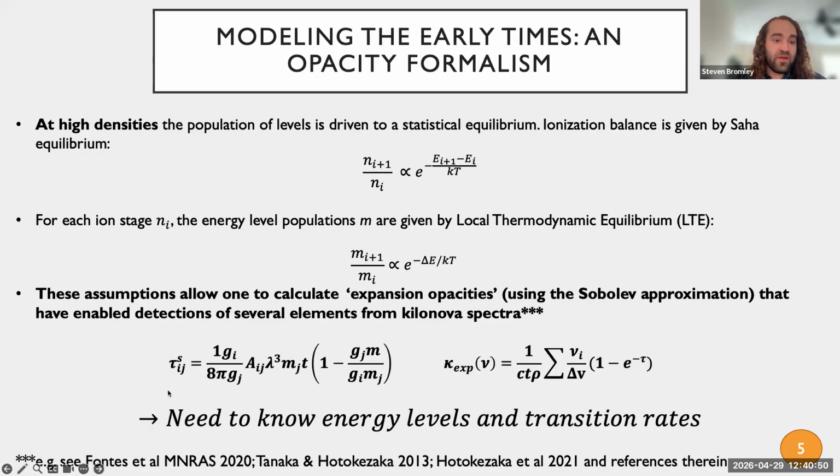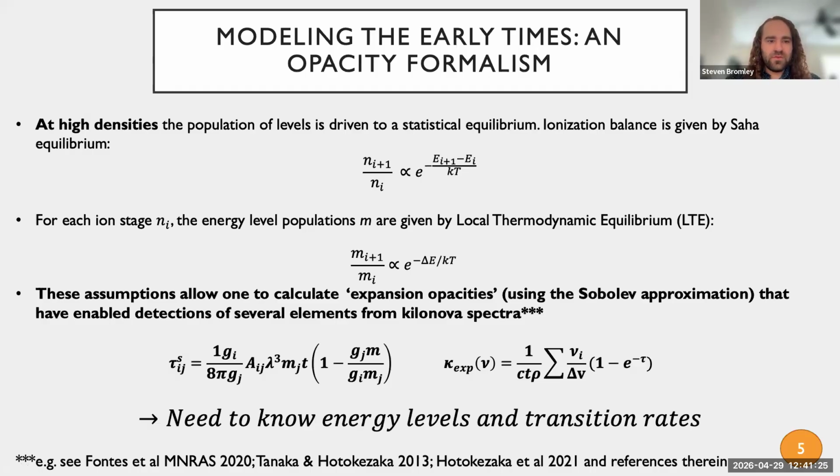And so very briefly, for every single transition described by a wavelength and a transition rate, we can compute an optical depth, and then we can sum these into an expansion opacity. And I want to make a note here in that this approach lets us simplify the modeling quite a bit. And what I mean by that is you could run off a very large electronic structure, make it as accurate and as complete as you can, and then you can tabulate these opacities. And this has been done for well over a decade now by various groups in Japan, Sweden, all across the US, Los Alamos, and many more.